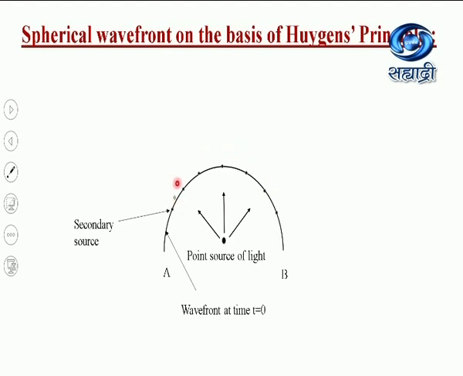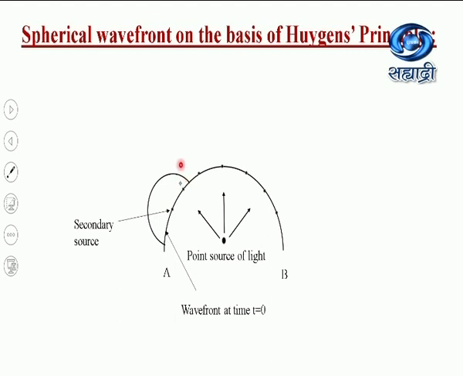So let us consider the first point source, which is the first point of the wavefront. If we draw the spherical wavefront emitted by this point source, then we take this point source as the center and some distance, that is about 2 to 3 centimeter distance in your compass, and draw the spherical wavelet. According to Huygens principle, only forward direction of the wave is effective and backward direction is ineffective. So we have drawn the hemisphere emitted by the point source.